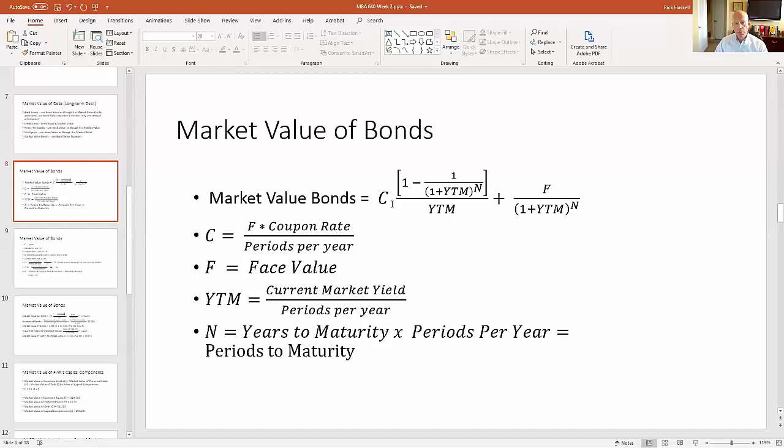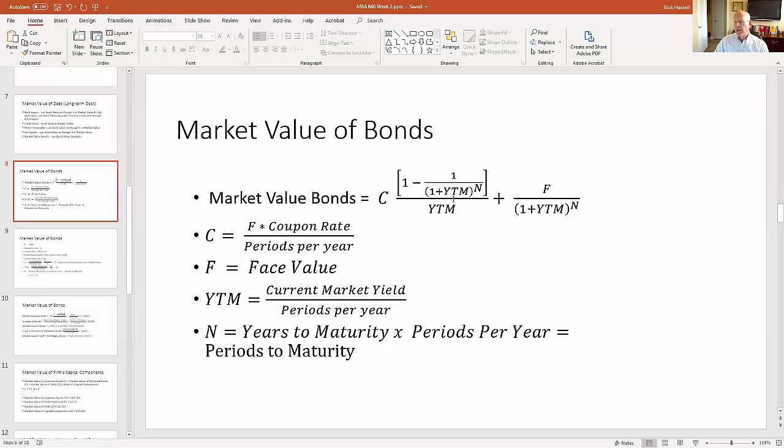So this is on a per bond basis. This is the coupon payment per bond. This is the number of periods the bond has between now and the end of its life cycle. This is the YTM, the yield to maturity. And the yield to maturity is nothing but a time-adjusted form of the bond's current yield, or the yield that kind of debt would receive in the market today. So this left-hand side